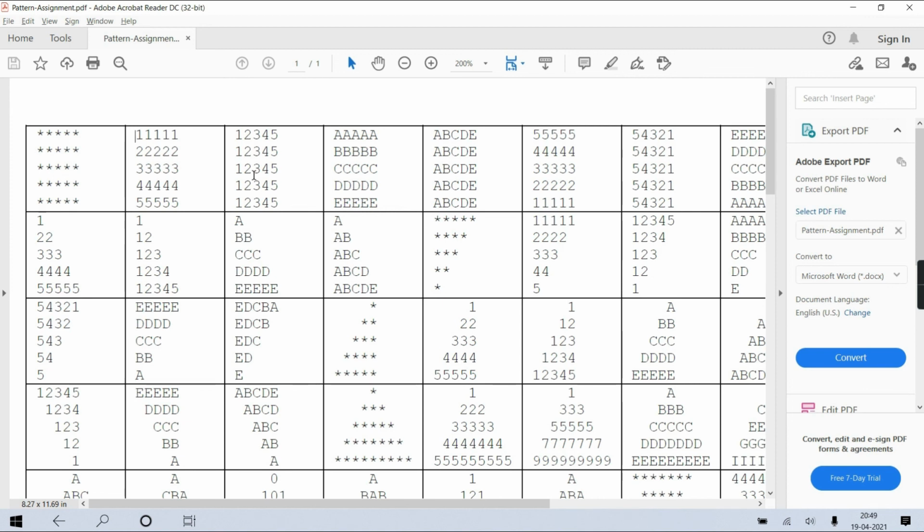What do you say? Means nested loop is needed only? No? Something tell, at least you should respond.